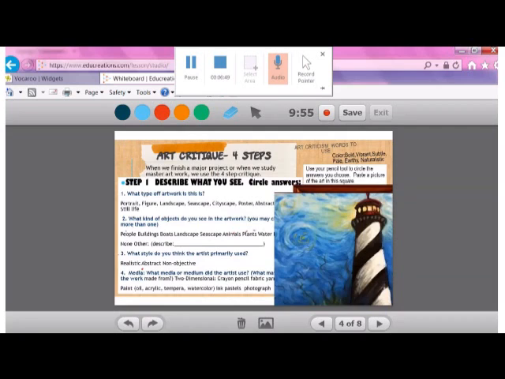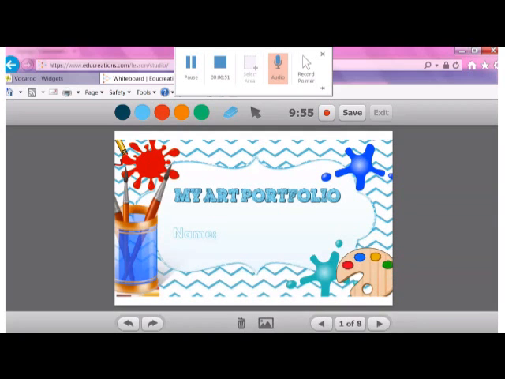So once you have all of your pictures entered in, then you are ready to press the record button. Now when you press the record button, everything you say is going to be recorded into your slides. You can also fill out and use the colored pens to write parts of your Educreation. So I'm going to press record, that red button there,